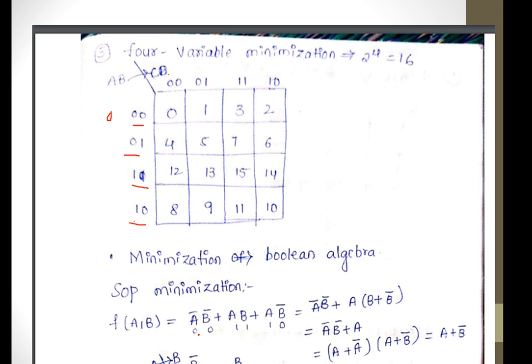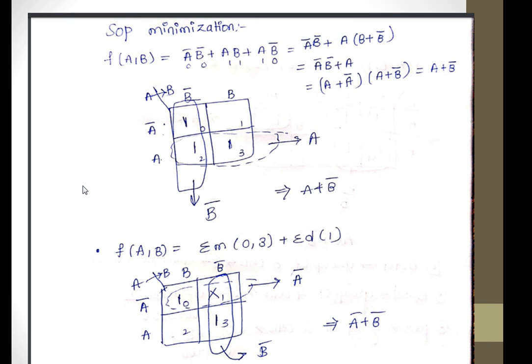So for example, if they give the SOP, sum of products, like this, and ask to find the minimization: A bar B bar plus AB plus AB bar. In the last two terms we have A as common. So I am writing A bar B bar plus A times (B plus B bar), so A bar B bar plus A. Again applying the distribution theorem, that is (A bar plus A) times (B bar plus A). A bar plus A value is 1. So we are getting the final expression as A plus B bar. So here I am mentioning some SOP minimization values.